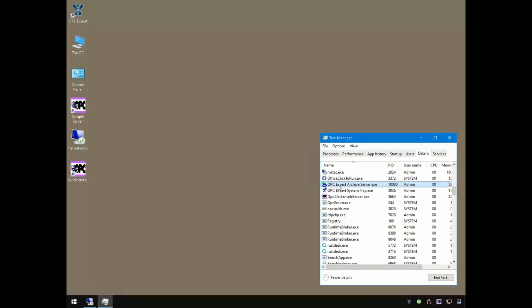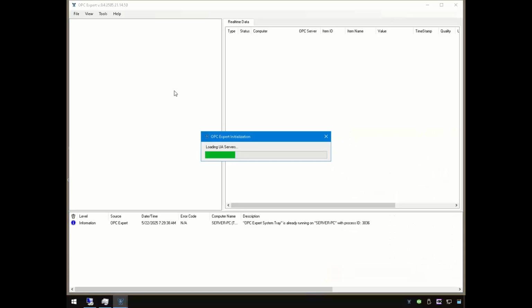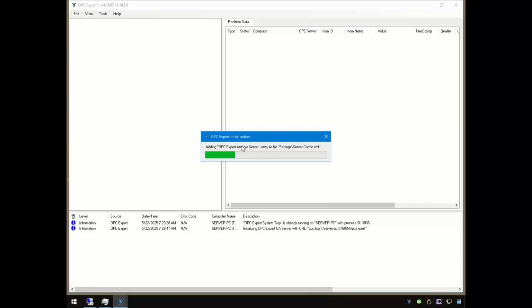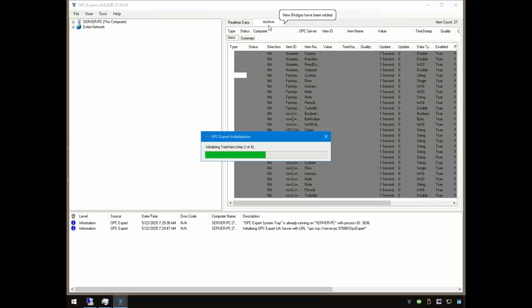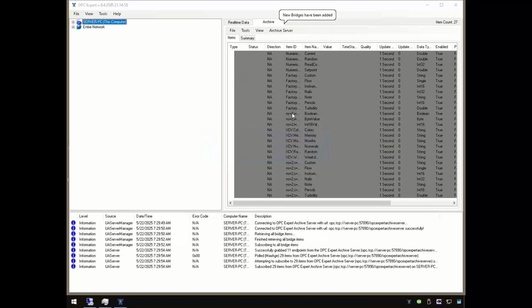You can connect to it with any other OPC UA client or even DA and see the data, the historical data with UA HA or OPC Classic with OPC HDA. When I start up OPC Expert again, it's setting up, it's realizing, oh, I have a service here. I've got the historian. So it's going to automatically connect to the archive, and it will show us the data